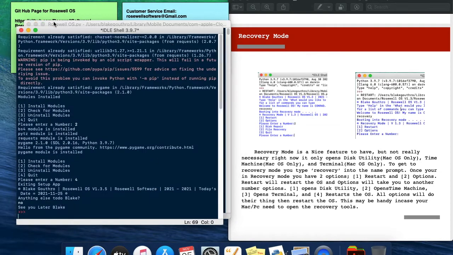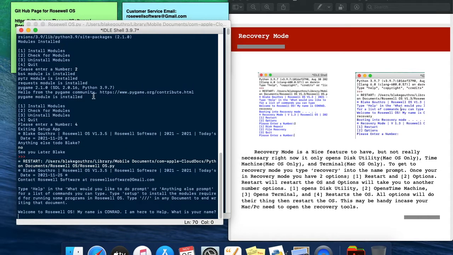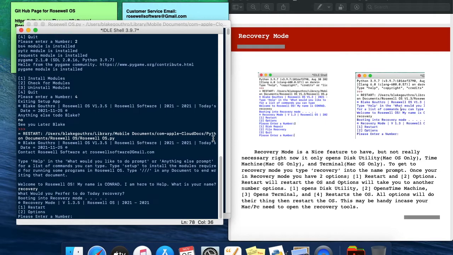Then 5, because we need to boot into recovery mode. It's not really necessary right now because it only works on Mac OS, not Windows, because I don't have Windows. But once you type recovery into the name prompt, it comes up with options. You can either have restart, which will go back into the operating system, or option 2. Press 2,